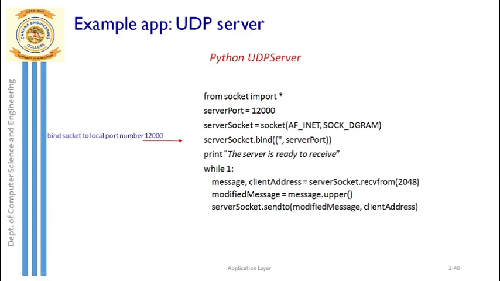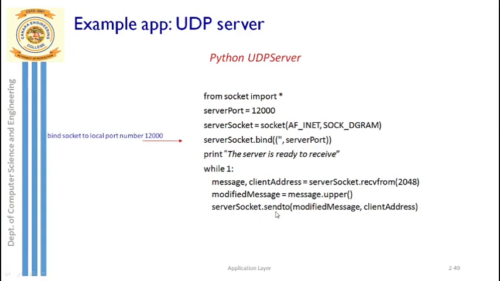So how are you going to send back to the client? Again the function is sendto. This sendto was first used by the client, right? So now at the end the server will use this function sendto in order to send this modified message. So through the server socket only, you are sending the message. Similarly here also, you have received the data only through the server socket that you have created. So sending the message or receiving the message is happening only through the socket here. Remember, only through the door.